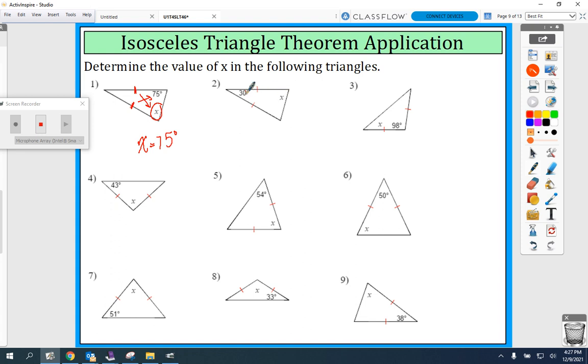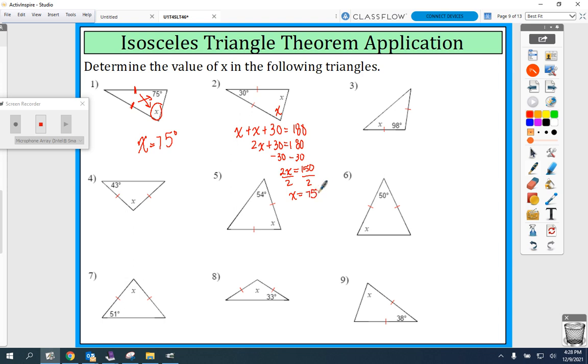Here, I know that this is 30 degrees, and this is angle x and this is angle x. So I could say x plus x plus 30 is equal to 180, which then 2x plus 30 is equal to 180 using the triangle sum. Subtract 30, 2x equals 150, divide by 2, and you know that each of those base angles